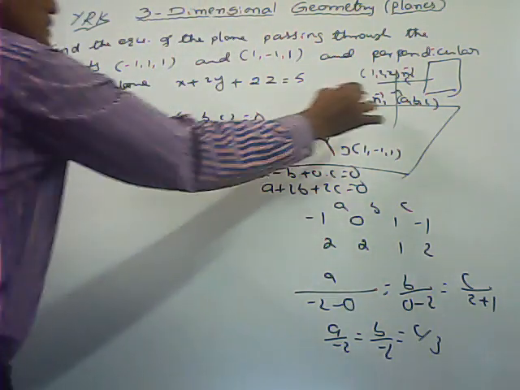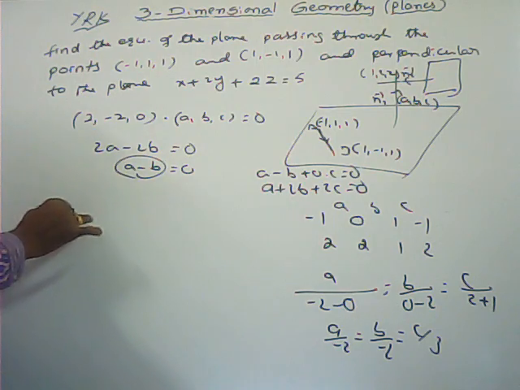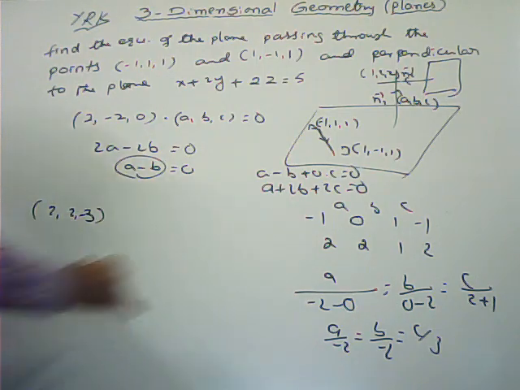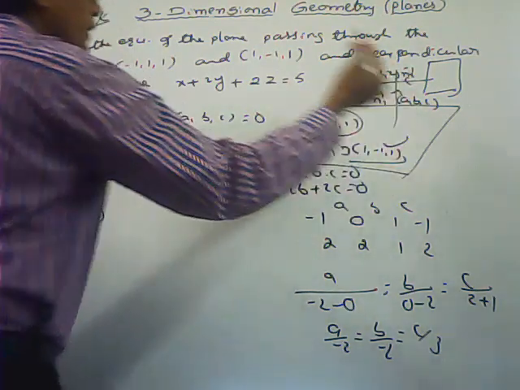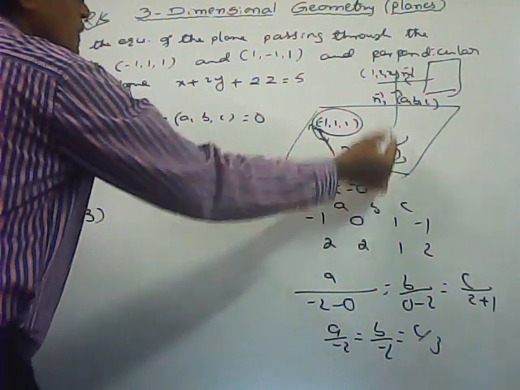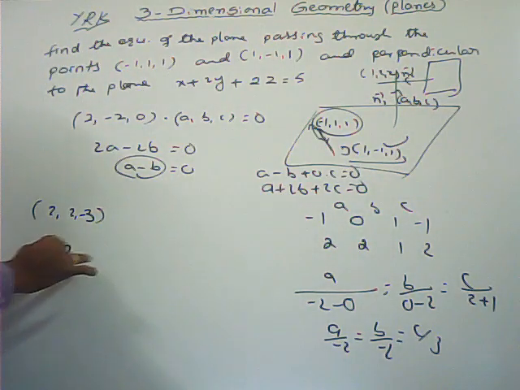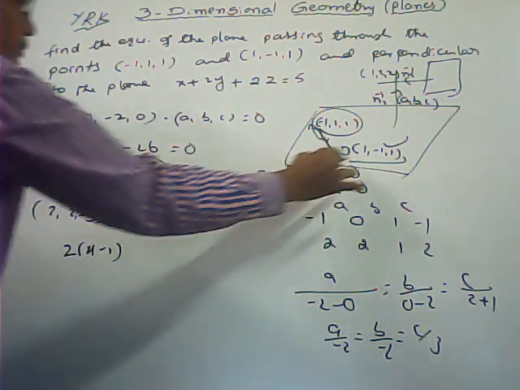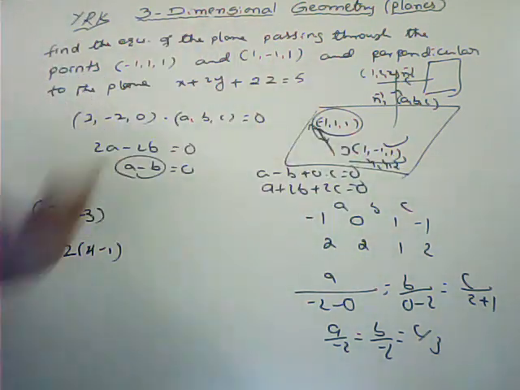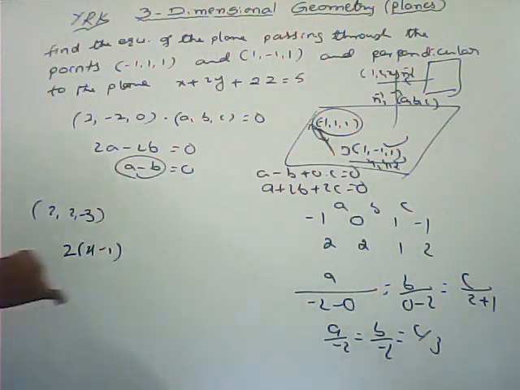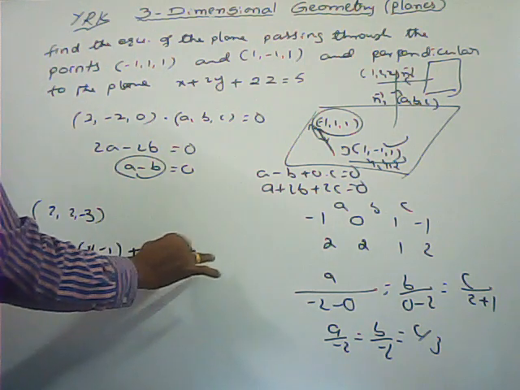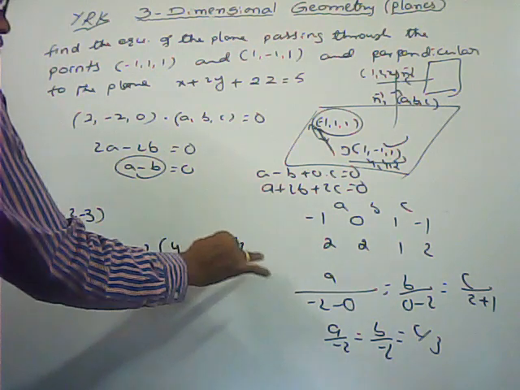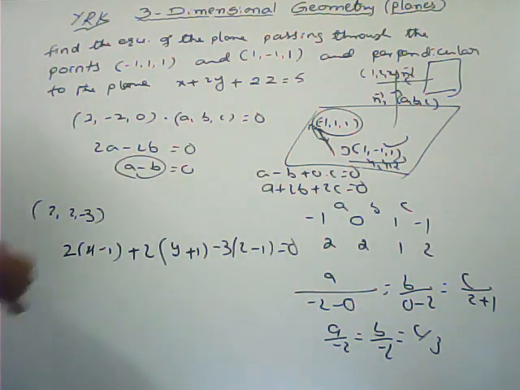So what are the DRs of this one? I am taking a, b, c as 2, 2, minus 3. And passing through any point, out of these two you can take any point. This one I am taking as x1, y1, z1; these are the a, b, c only. So a into (x minus x1), this one I am taking as x1, y1, z1. You can take anything, no problem, we get the same result only. Plus b, that is 2, into (y minus y1), plus c, that is minus 3, into (z minus 1), equals 0. Simplify that one, and we can get the equation of the plane.